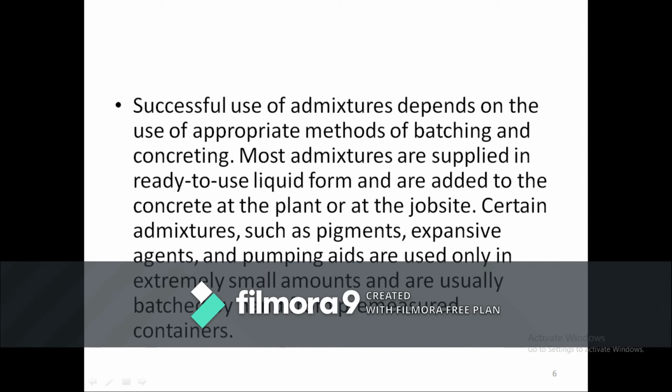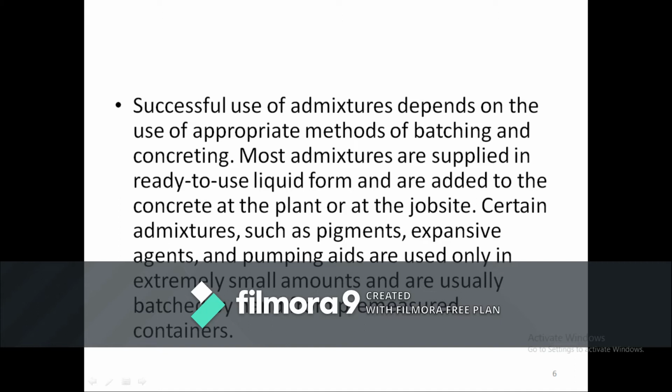Successful use of admixture depends on the use of appropriate methods of batching and concreting. See, generally in the normal conditions, when you take concrete, we might have seen already in the last chapters how these particular admixtures are added. Now in this also we'll see how these admixtures will change the properties.